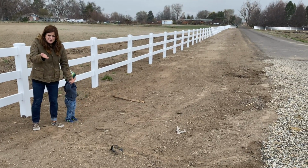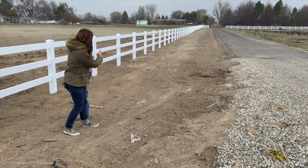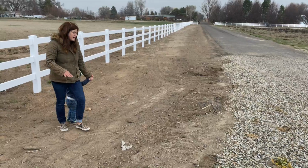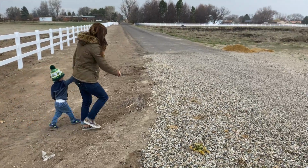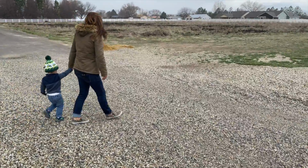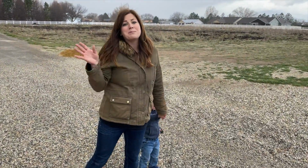It is starting to sprinkle a bit, so we'll see how long we last here. But we thought of doing a row of trees here with grass. So very peaceful and simple over here. We may mirror the trees on the other side of the property, or the other side of the lane. We haven't decided about that yet, but let me just share, we have some big plans and big dreams